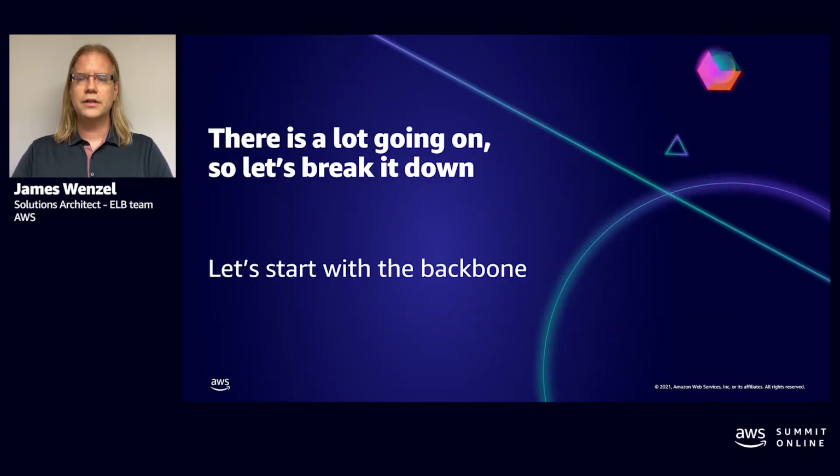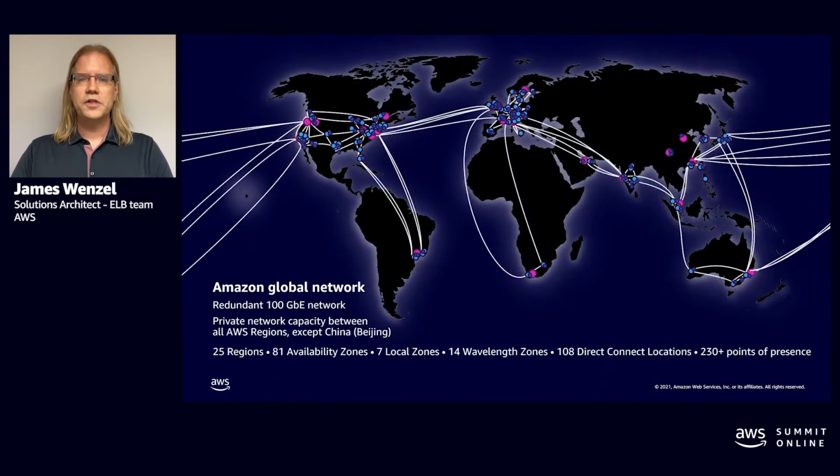First, we got to start and talk about the AWS backbone. The AWS backbone spans the globe. We have our own fiber. We have lots and lots of data centers across the globe. These data centers are not out there with huge AWS signs or anything. They're pretty discreet for obvious reasons and security.